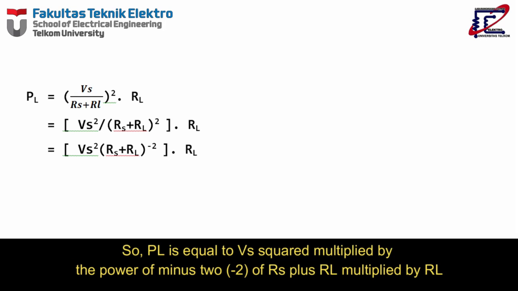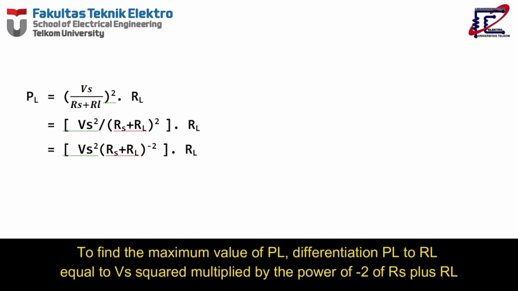So PL is equal to Vs squared multiplied by (Rs plus RL) to the power of minus 2, multiplied by RL. To find the maximum value of PL, differentiate PL with respect to RL: